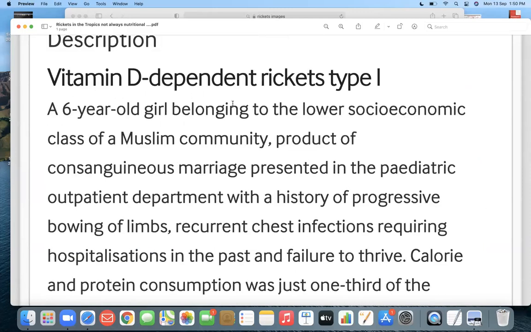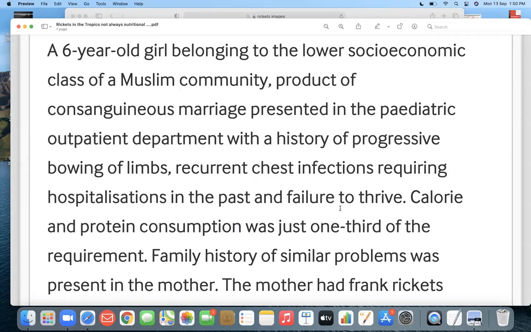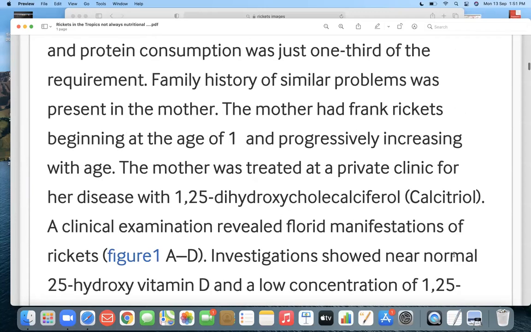Okay. Vitamin D dependent rickets type 1. A 6-year-old girl belonging to lower socio-economic class of Muslim community, product of consanguineous marriage, presented in pediatric outpatient department with a history of progressive bowing of limbs, recurrent chest infections. Yes, they can also have recurrent chest infections, requiring hospitalization in the past and failure to thrive. Calorie and protein consumption was just one third of the requirement. A family history of similar problems was present in the mother. Mother had frank rickets beginning at the age of 1 and progressively increasing with age. The mother was treated at a private clinic for the disease with 1,25